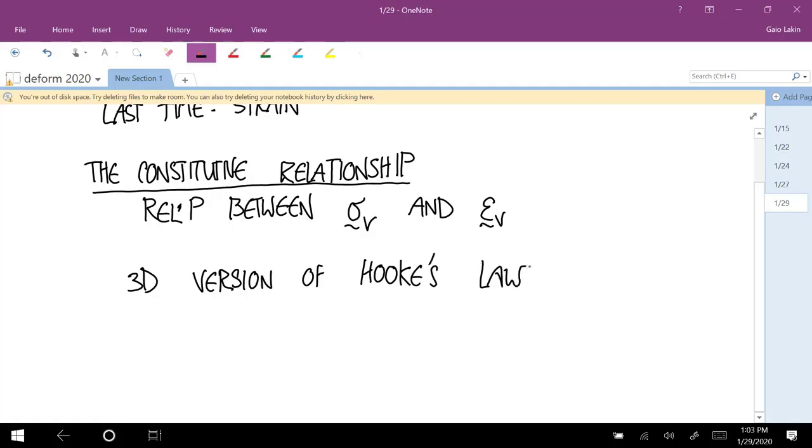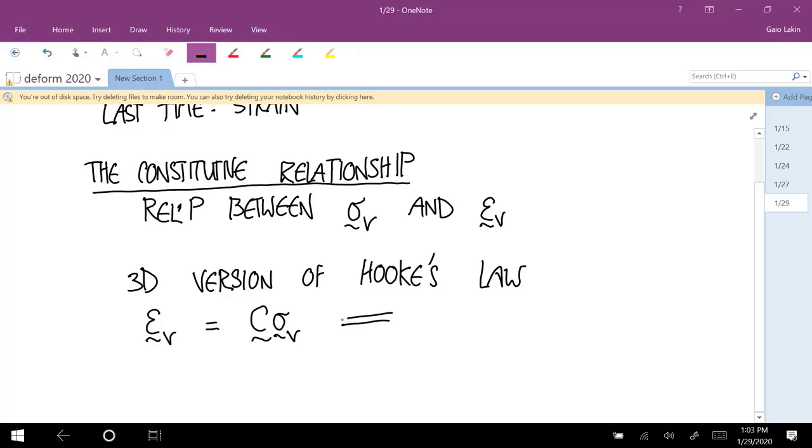In physics, Hooke's law said the force applied by a spring is equal to the spring stiffness times the amount of stretch or compression of the spring. Ours is going to look like this. The strain, the Voigt strain, is equal to a matrix C times the stress, the Voigt stress,